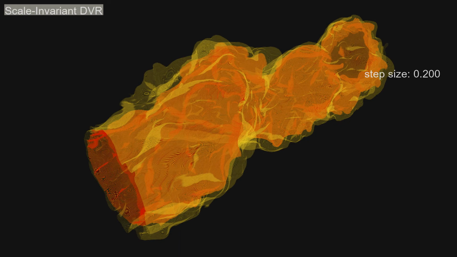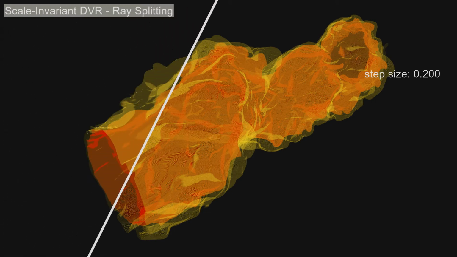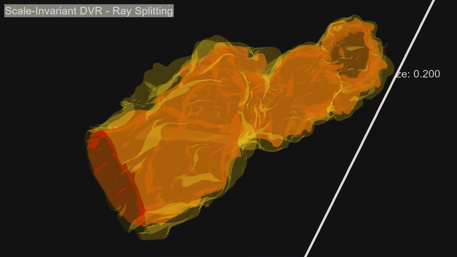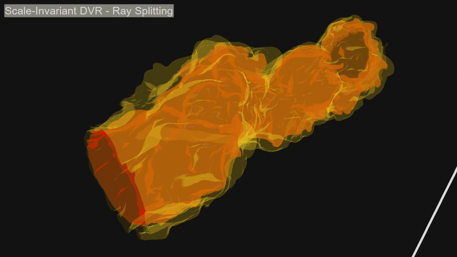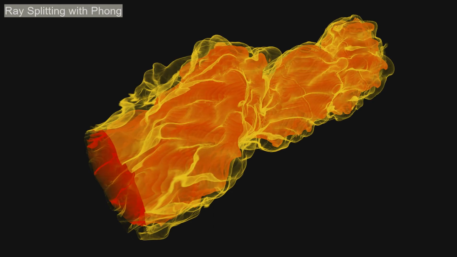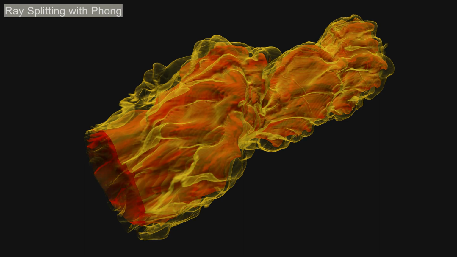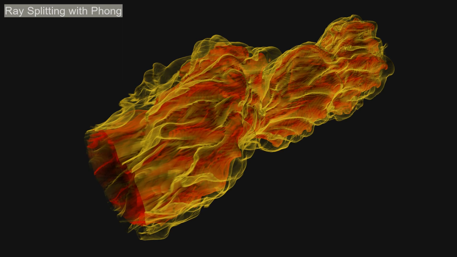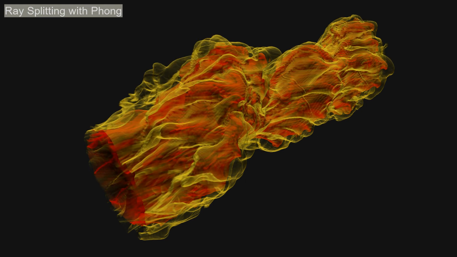With the proposed ray splitting algorithm, we have an explicit expression for the density along the ray. Therefore, we can simply solve for extrema of the density, that is, the roots of the first derivative, a quadratic polynomial. Splitting the ray there gives perfectly monotone segments. This allows us to render the scale-invariant integral without artifacts. Furthermore, the emission term can be extended with additional effects like Phong shading. Analytical error bounds are no longer possible, but one can still benefit from the splitting at the control points of the transfer function and analytical solutions for the absorption.